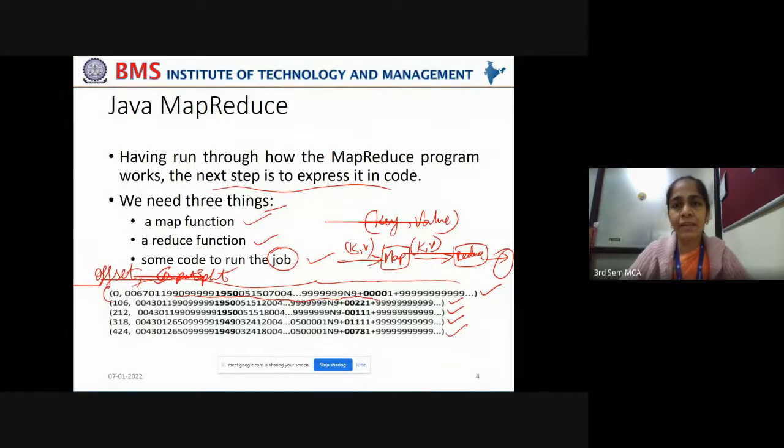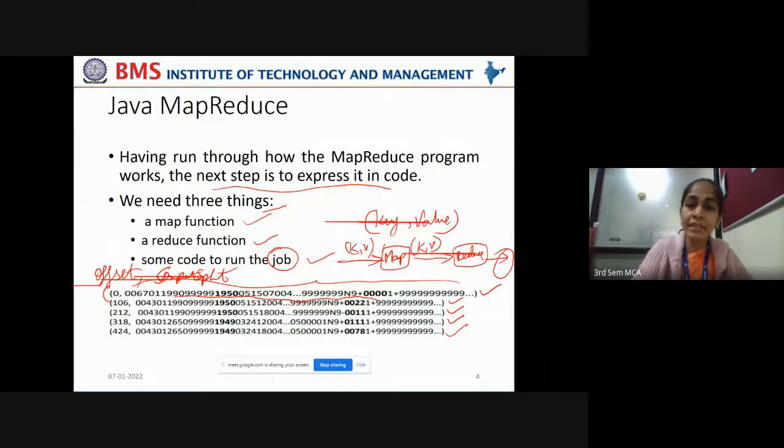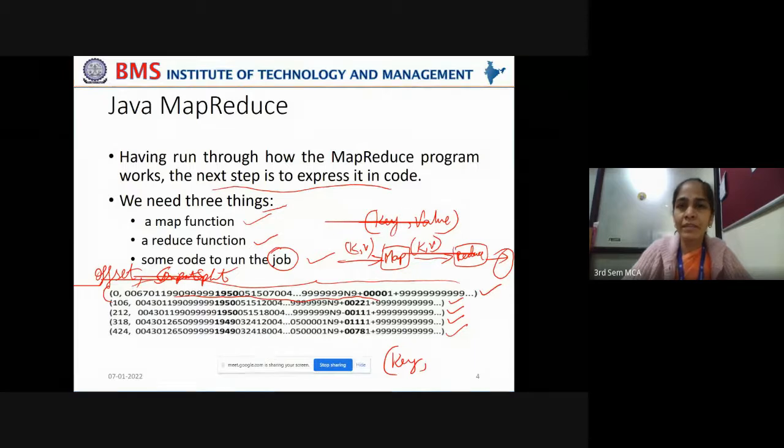We have taken the National Climatic Center data set. In that data set, where each line starts is taken as the offset, and that is the key in this case. So the offset in the file of each line is taken as the key, and whatever data exists in that line is taken as the value. Still, we can see that the data is in its crude form itself.